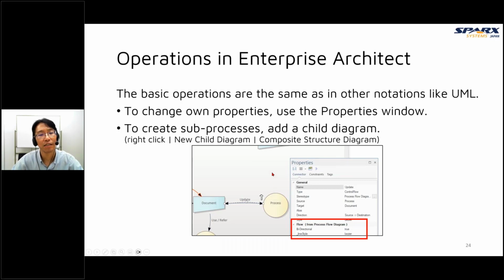It's the same as other notations like UML. So for example, if we want to change properties, we can use the properties window, and we can create a sub-process flow diagram. We just add a child diagram, the same manner as other notations like UML.